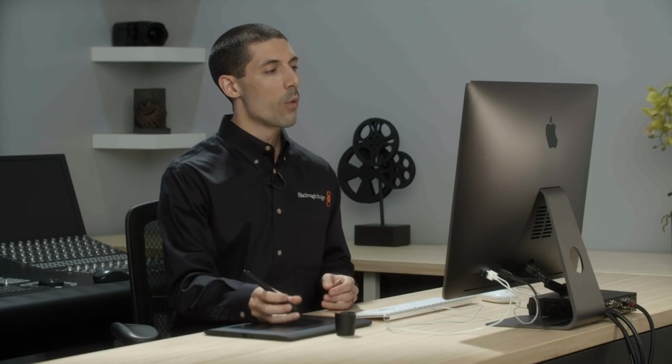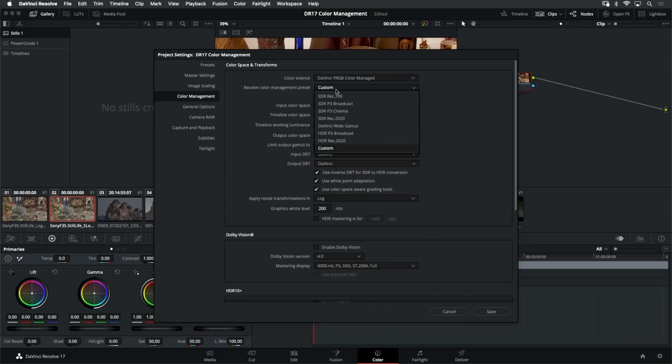We have an input color space, which, as we discussed a moment ago, when we are in a default preset here, we don't have the option of declaring at the project level at all, but we now can. So let's say that we had a timeline full of ARRI Log C material and we didn't want to do what we were doing a moment ago of right-clicking on each thumbnail and saying, hey, this is ARRI Log C. We would want to choose the custom preset so that we can explicitly designate an input color space for all of our shots without having to manually tag each one of them. So in my case, I'm going to select ARRI Log C for this.